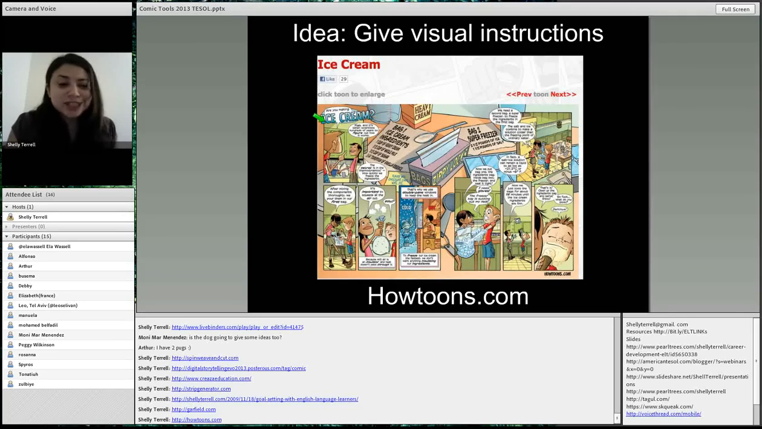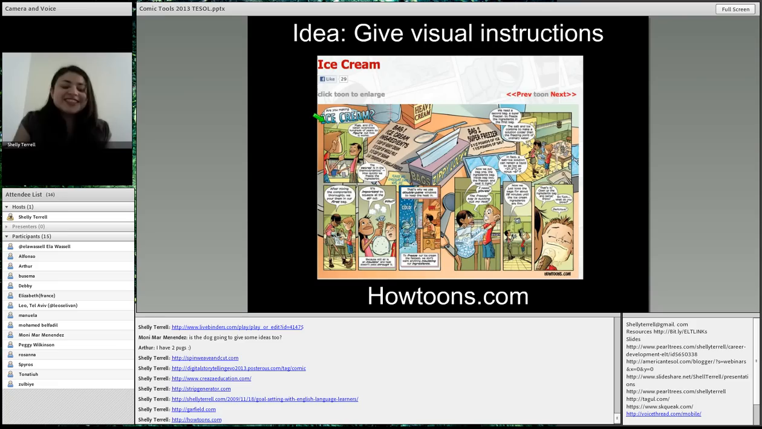How to do a tune-up in your car, how to do an oil change, how to make a raincoat out of a trash bag. So there's tons of how-tos in this particular comic. Now you can't create comics with howtoons.com, but what you can do is you can use any of the 30 comic creation tools that I've bookmarked,